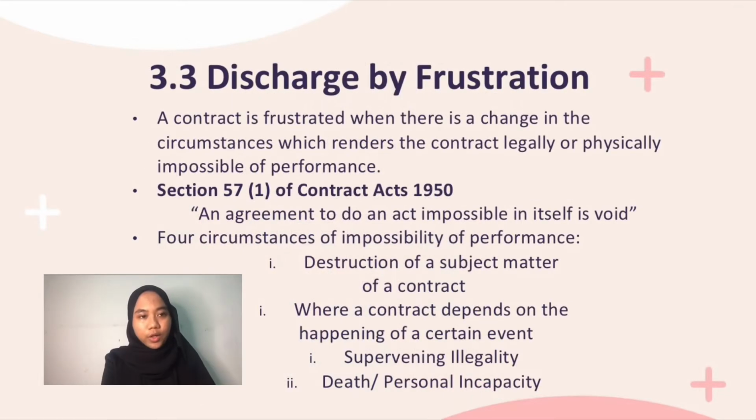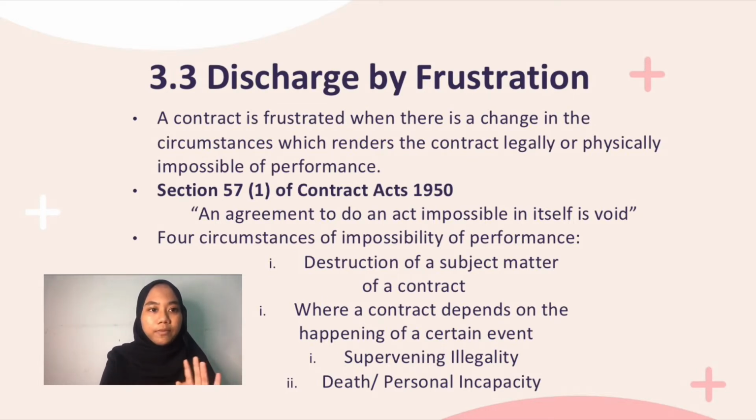I am going to talk about the other two points from discharge of contract, which are discharge by frustration and discharge by breach of contract. The meaning of discharge by frustration is that a contract can be frustrated when there is a change in the circumstances which renders the contract legally or physically impossible to perform. Section 57(1) of the Contract Act 1950 mentions that an agreement to do an act impossible in itself is void. So there are 4 circumstances of impossibility of performance, which are, the first one is